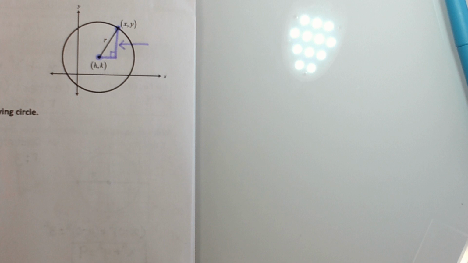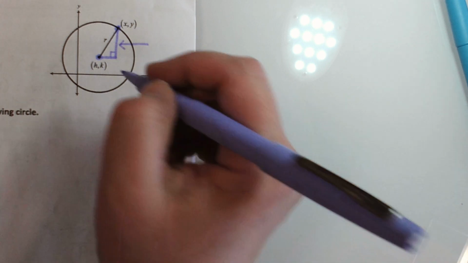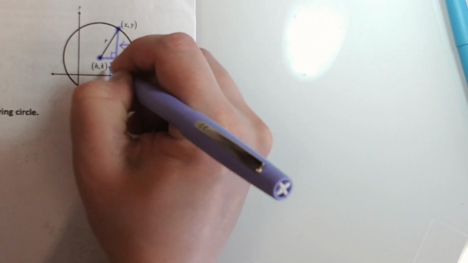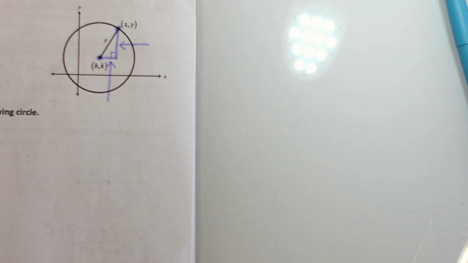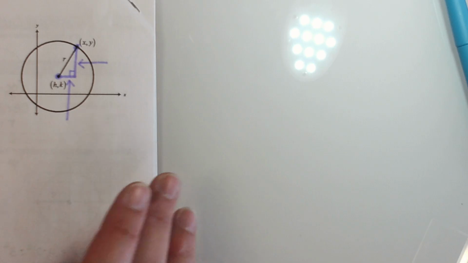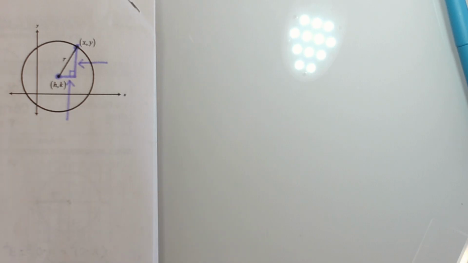Now, in order to find the radius, I need to know this length of the triangle, and I need to know this length of the triangle. Well, if it's a 90 degree, so it's a right triangle, right? The center is 90. Where? Come on, it's a right triangle. Being a right triangle is important, but